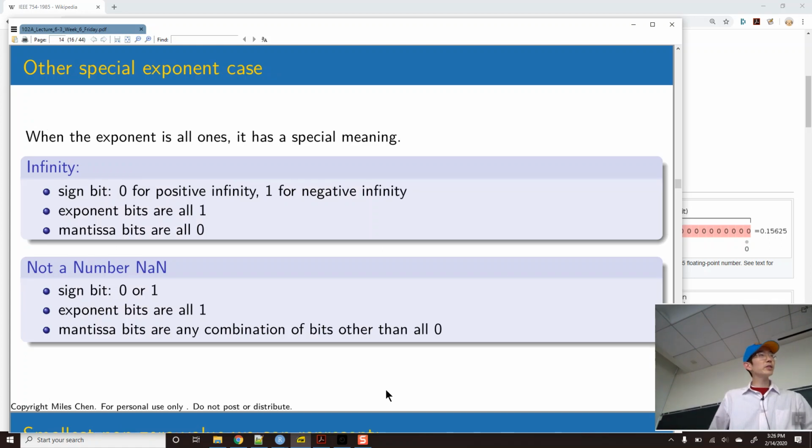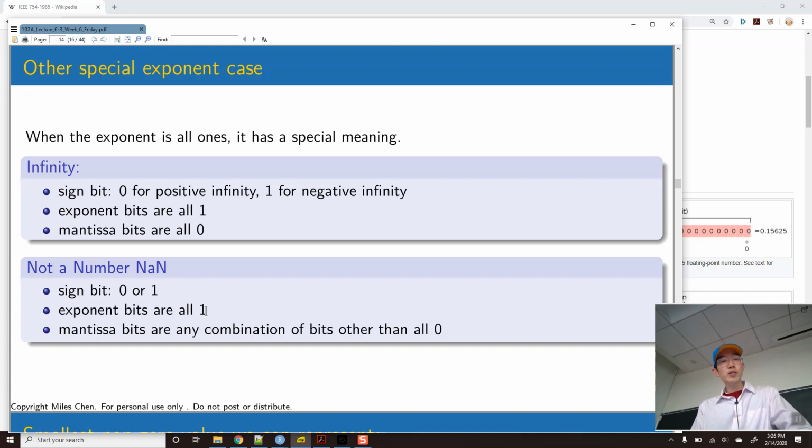Okay? And then we also have 2 other special cases for the exponent. If the exponent is all 1s, then it's either going to be infinity or not a number. Okay? So if the sign bit is 0, you got positive infinity. With 1, you got negative infinity. Okay? Exponent bits all 1. If the mantissa bits are all 0, that's infinity. Okay? For not a number,